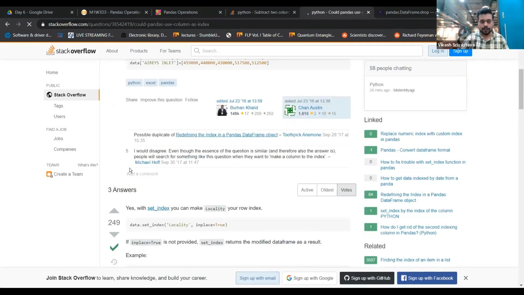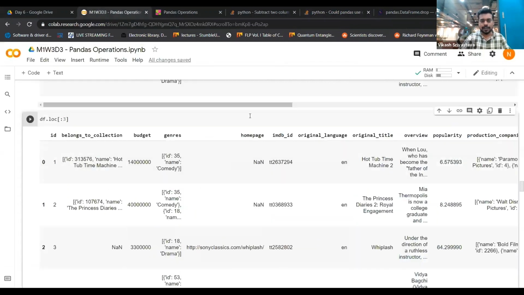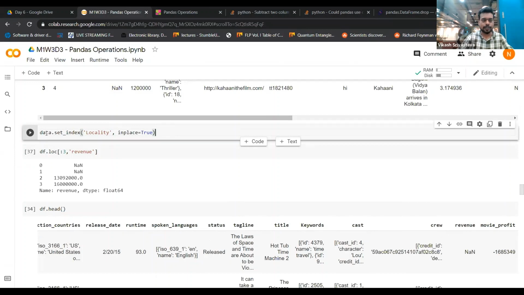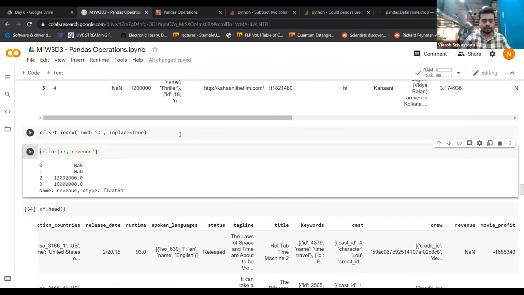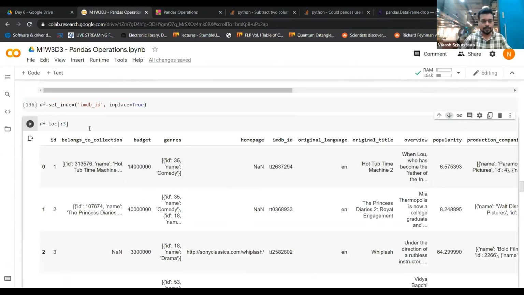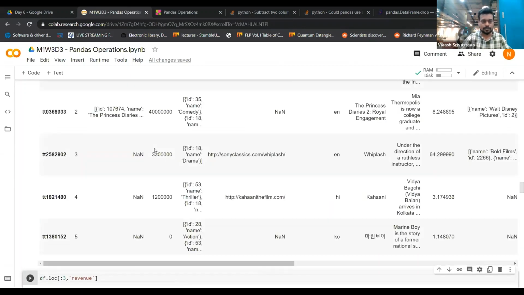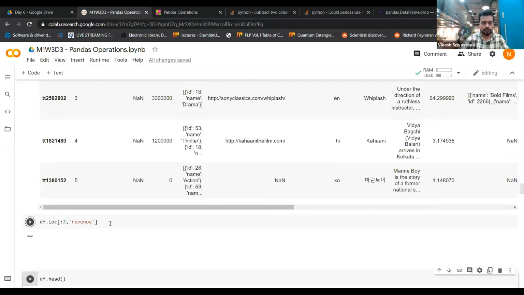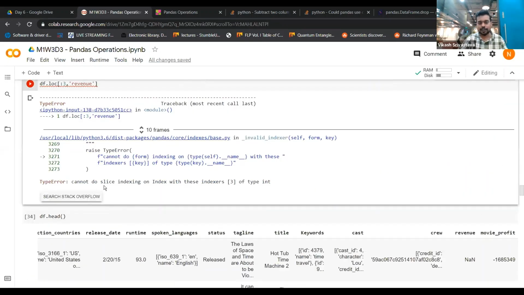So here we just need to copy paste this particular code, and try to do this task. Here we have df, and I want to make IMDb ID the index. Let's go ahead and do this. Now maybe I'll move this cell below. Let's see how our data frame looks now. As you can see, IMDb ID is your unique identifier. Now if I try to run this particular bit, you can see that it cannot do